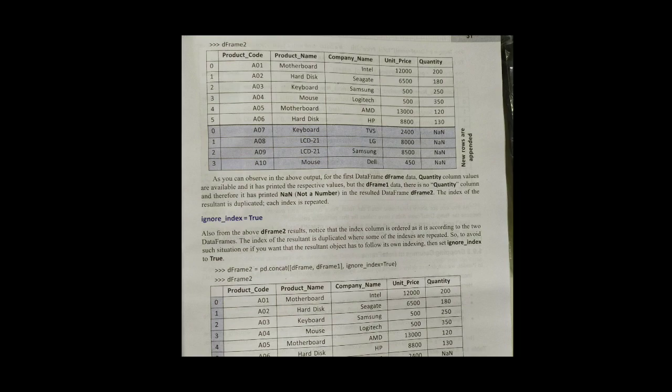White color indicates it is df1, and the second one is newly added. You can observe the index of these two data: the index starts with 0 and ends at 5, and again the second index starts with 0 because we have not concatenated the index. Next, we can write ignore_index also. When you write ignore_index=True, it will display A1 to A10, and you can observe the index 0 to 9.